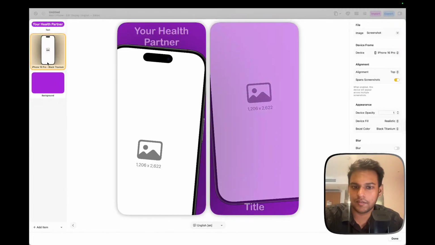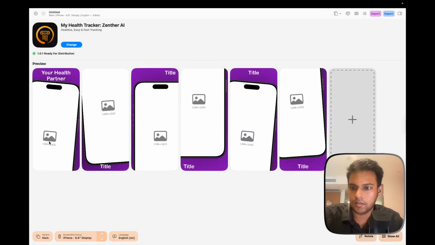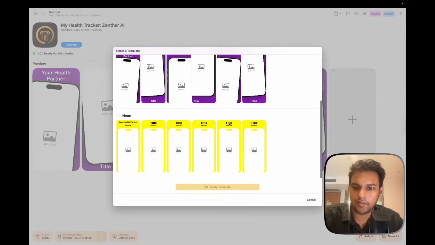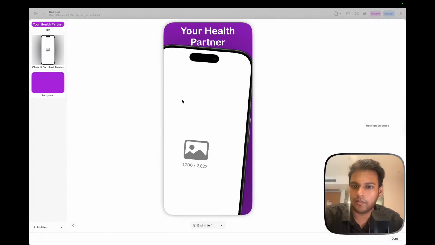What happened? So how do I get that spanning effect that they don't have in the templates? Like half of it on this side and half of it on the other side.